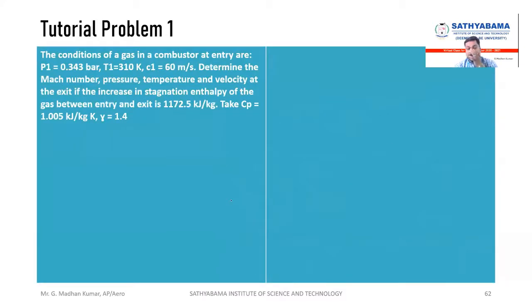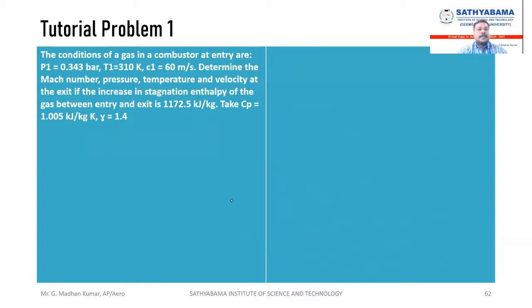Okay, now we are entering into tutorial problem 1 on Rayleigh flow. So the conditions of a gas in a combustor at the entry. So we are having the combustor. We have the entry flow properties like pressure, temperature, and C1, that is velocity, given. You have to determine the Mach number, pressure, temperature, and velocity at the exit if the increase in stagnation enthalpy